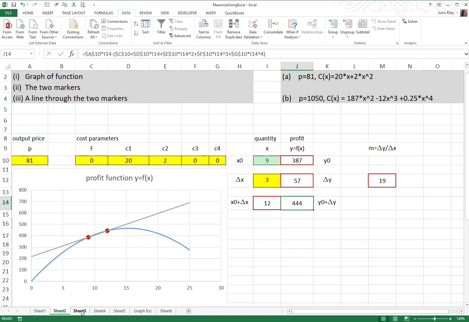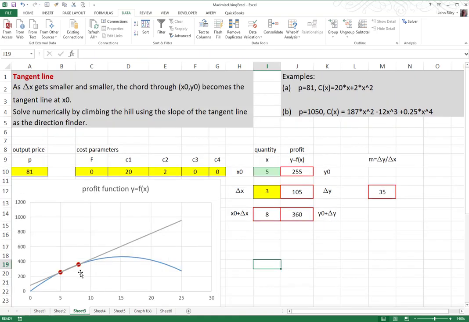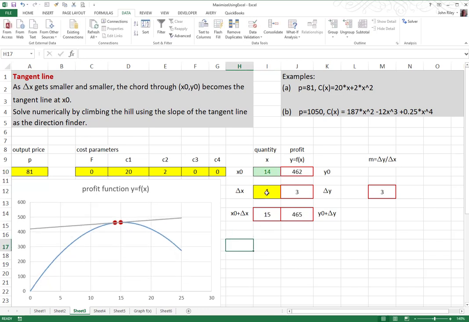So let's look at this figure in sheet 3. So I can see that going to the right, we know it's going to be somewhere up to 15, and I've got this line which indicates the extension of the chord joining these 2 points. So why don't we reduce this to 1? Okay, and then we know we start, go over to 14, let's say. So we know we're pretty close to the maximum, but let's make it even smaller, 0.1. All right, so the 2 dots are hardly visible, but we can see what the extended chord looks like. I could make this get more accuracy,